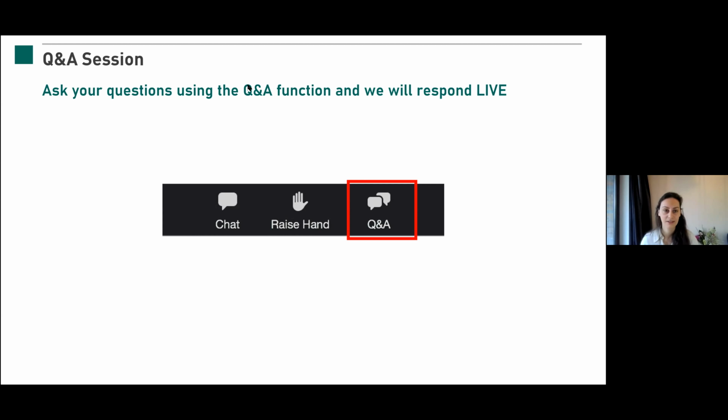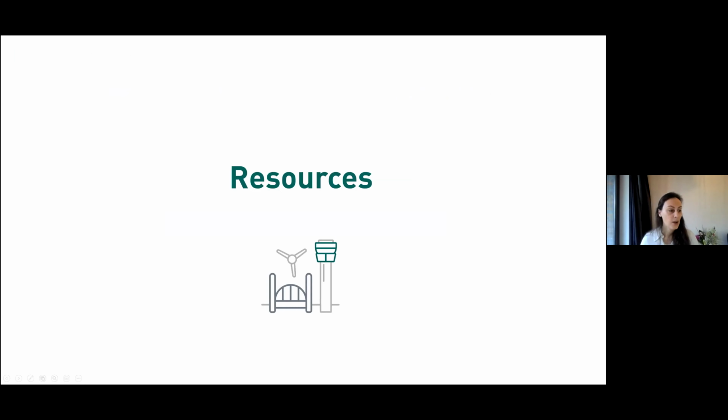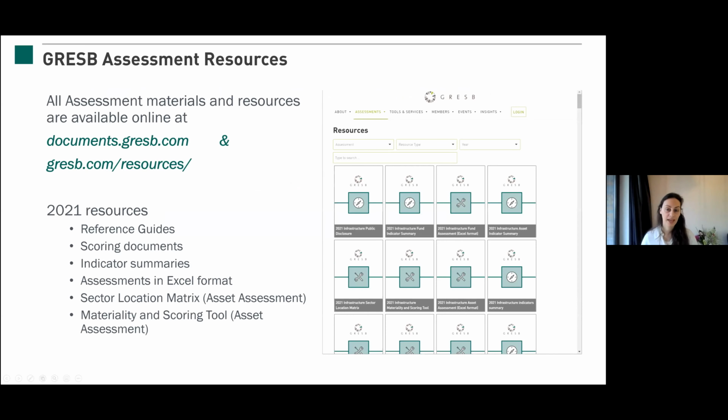If there are no other Q&A questions coming in, then I think it's great if we can sort of wrap up by talking a bit more about some of those resources that we've mentioned throughout the session, just so you definitely know where to find everything, because that's really important. So as I said, we have lots of documents available to you on our web pages. Everything in the portal, everything we have in terms of guidance is freely available.